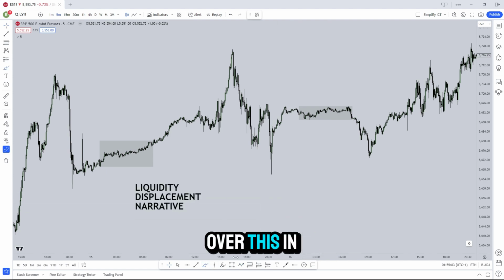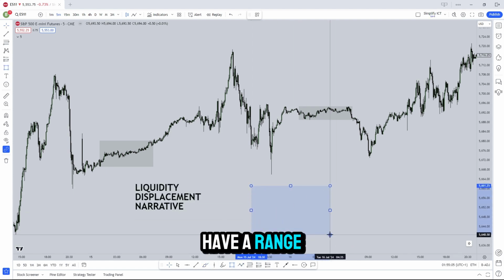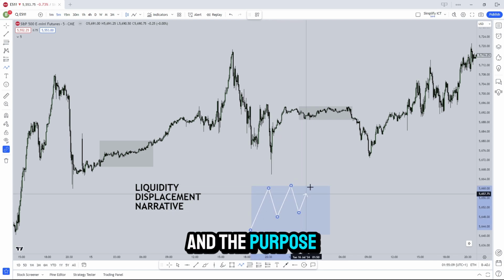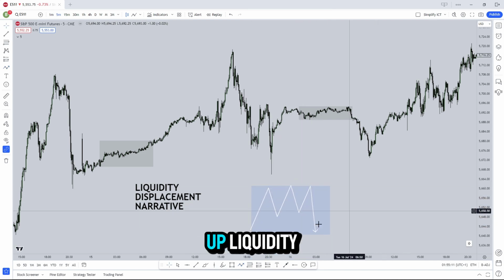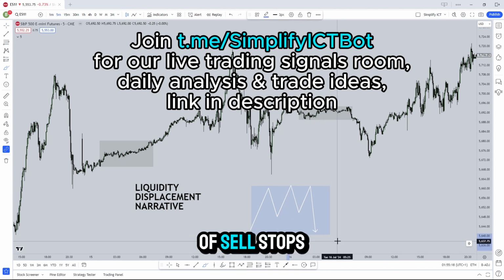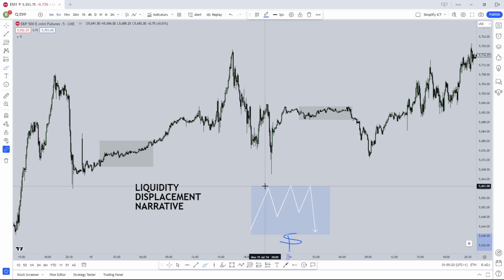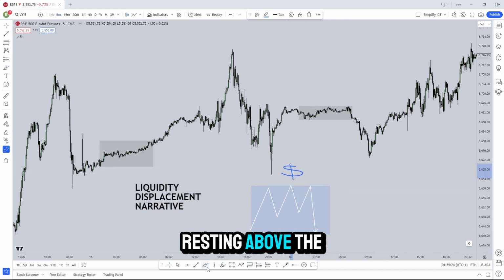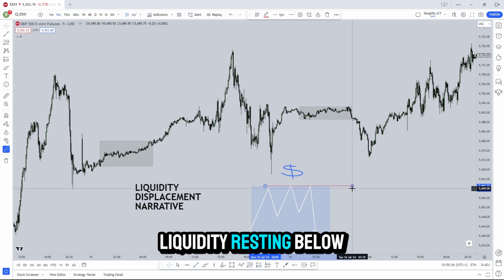And to go over this in more detail, let's say we have a range in this area right here. Let's say price is moving in this range, and the purpose of this range is to build up liquidity on both sides of the market. So as you can see below these lows right here, money is resting in the form of sell stops. Simple concepts. Above these highs, we have buy stops resting. So this is going to be buy side liquidity resting above the highs and sell side liquidity resting below the